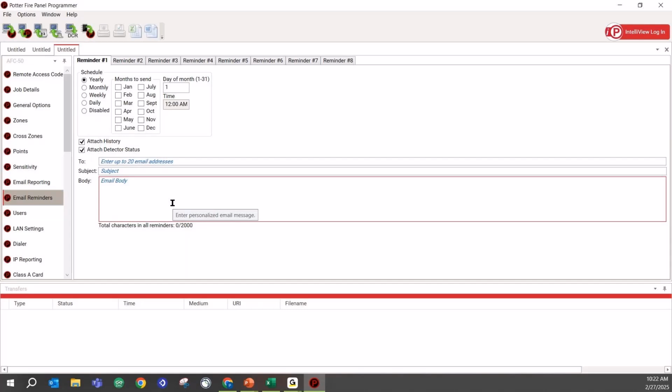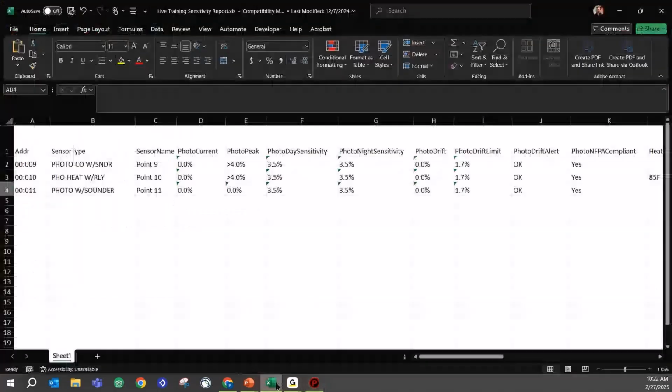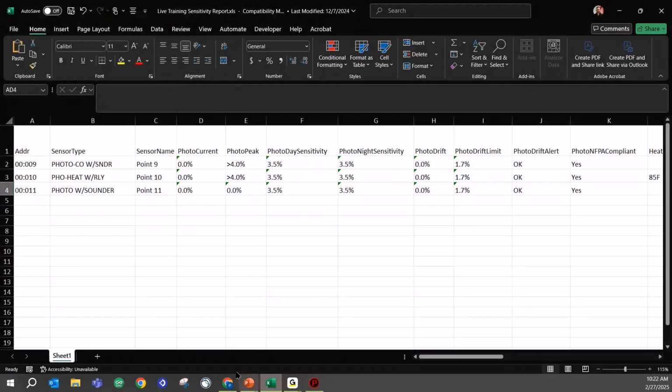I would attach this detector status report because as we look at this report, you're going to see where this can inform my response as a part of that test and inspect. So let's go ahead and go back to the report here real quick. From left to right, first thing we have is our address column,